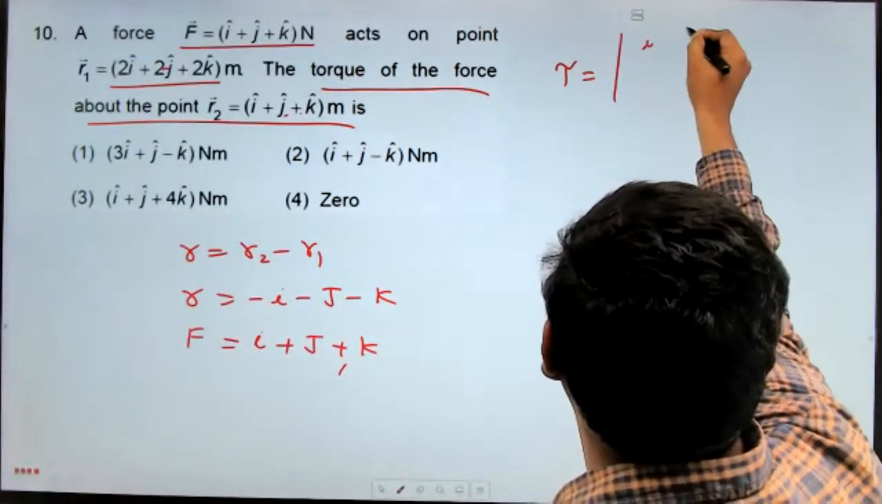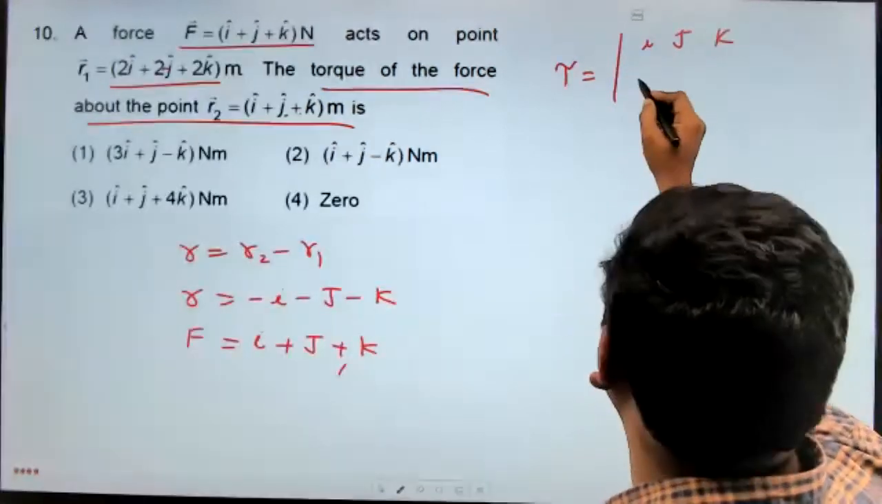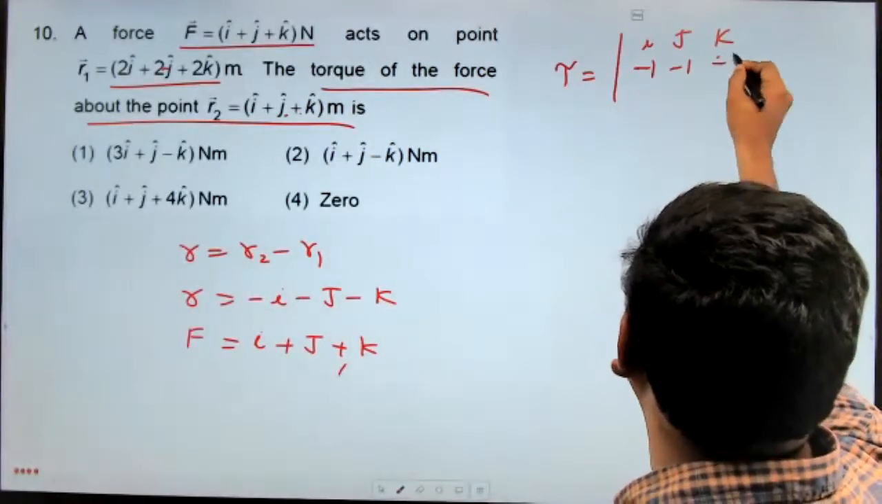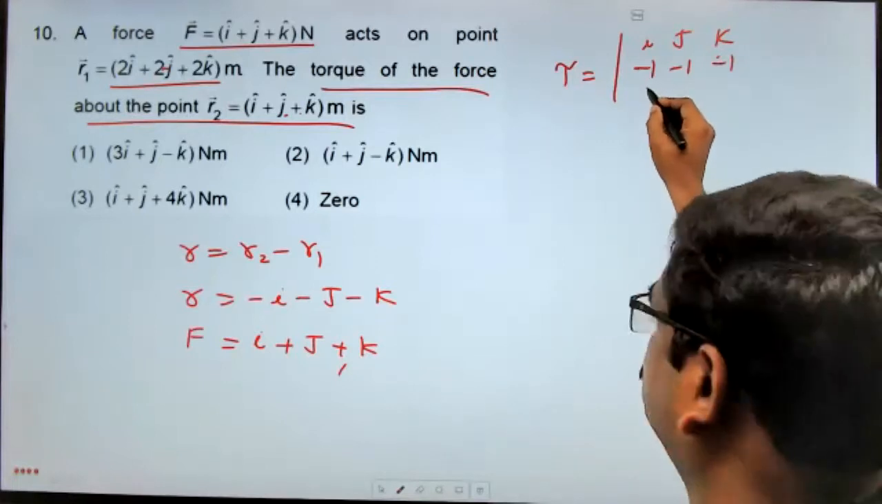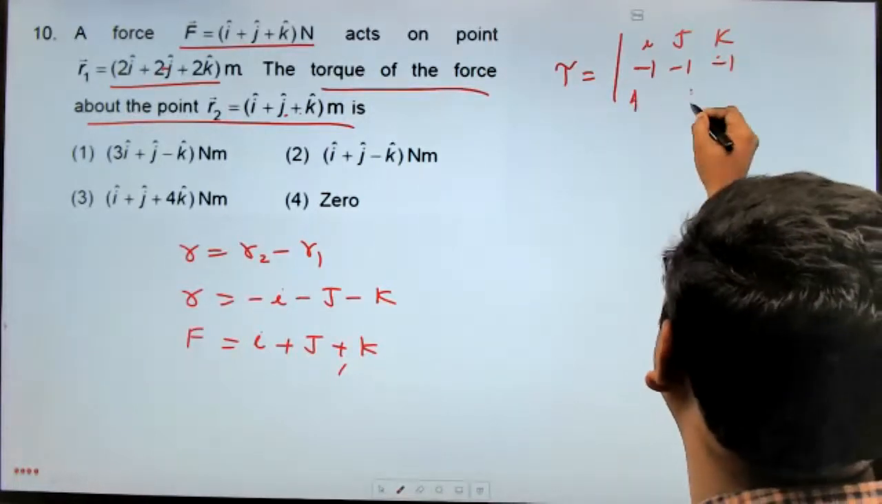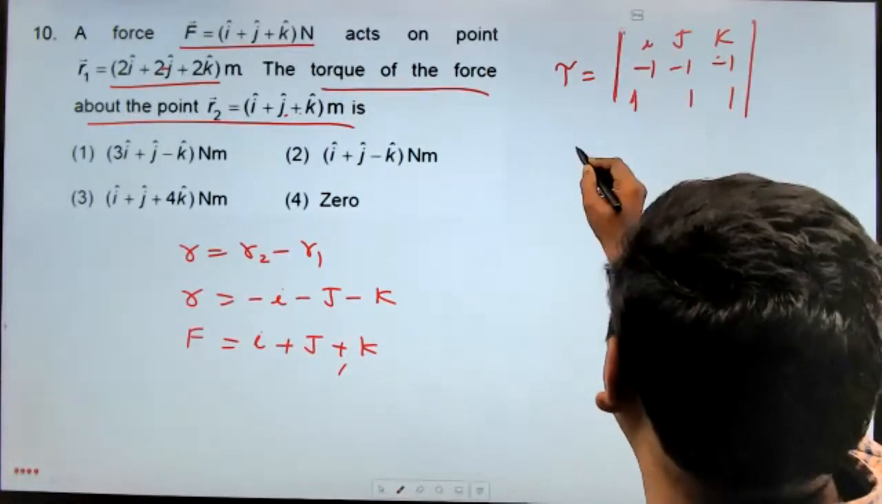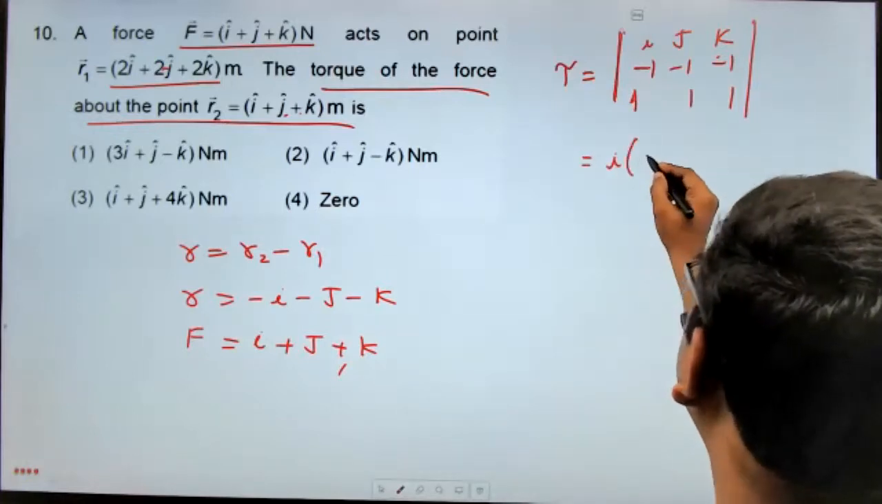So R cross F. So i j k, R value minus 1 minus 1 minus 1, F value 1 1 1. So i into